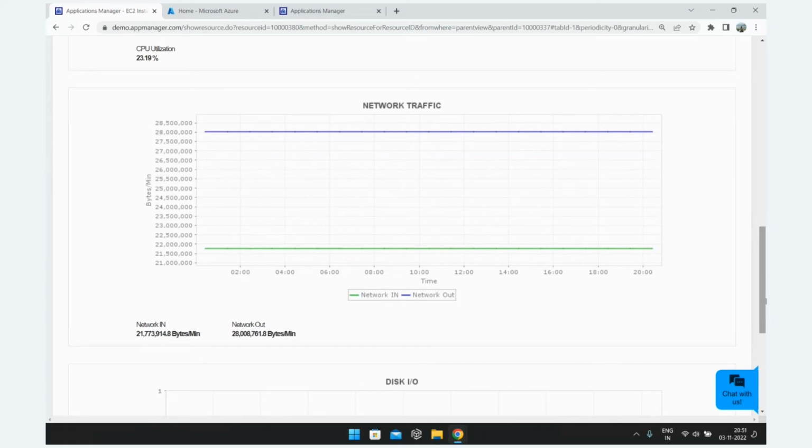If you have configured a multi-node application or a tier two application architecture, then there is a possibility of the application making a call from one node to another. And this call involves a significant amount of network consumption, okay, network in and network out. So understanding this bytes per minute request is very much important. And